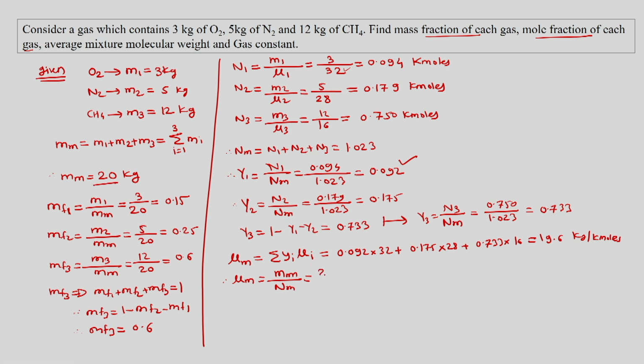So mass of mixture is 20, number of moles of mixture is 1.023, and this will also give us close to 19.6. Now our aim is to find out gas constant, and we know gas constant for the mixture would be universal gas constant divided by mixture's molecular weight. So universal gas constant is 8.314 kilojoule per kilomole Kelvin